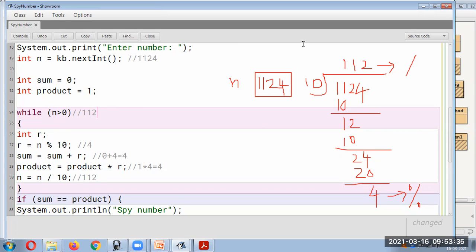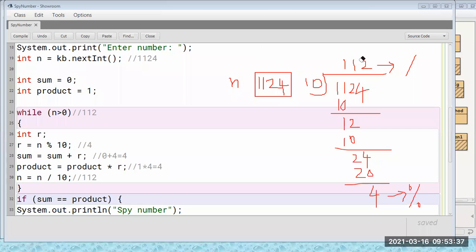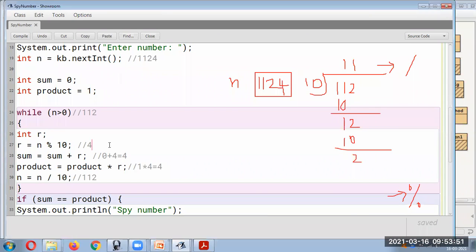So now the next number which I will be getting is 112. So I will just erase it from here. Now this is my number. So now what will happen in the second iteration? If I am using the mod sign, then here I will get the next number, which is 2.